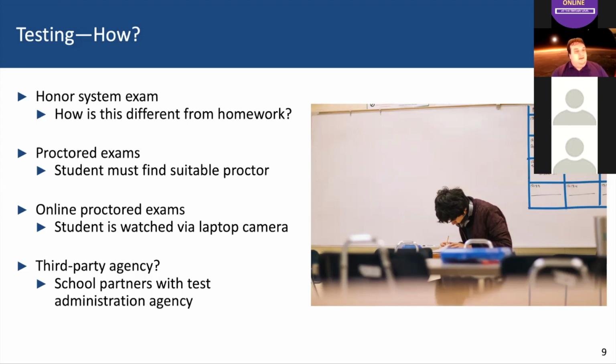There's also the idea of what we call online proctored exams. And these are where you have a student do the test at a laptop, and there's some software that can basically lock a laptop down and keep somebody from really doing anything with it, except the test. And then they have the camera on them the whole time, and they're basically being monitored. Now, there are a number of ways that can be subverted,